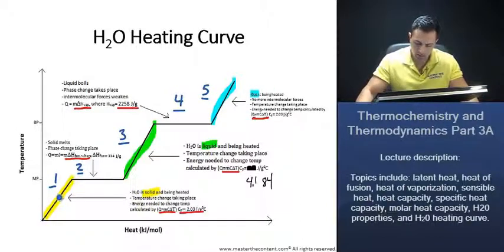Okay, great. Let's go back to our heating curve for just a second. So we were about here, and now we're here. And to go from here to here, we're going to have